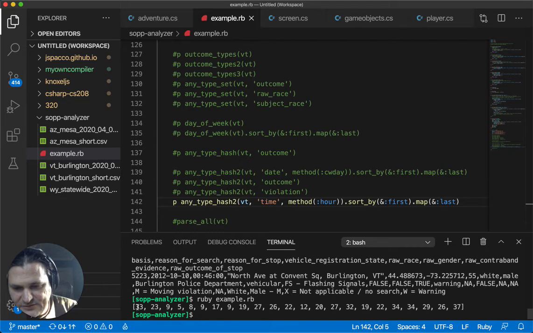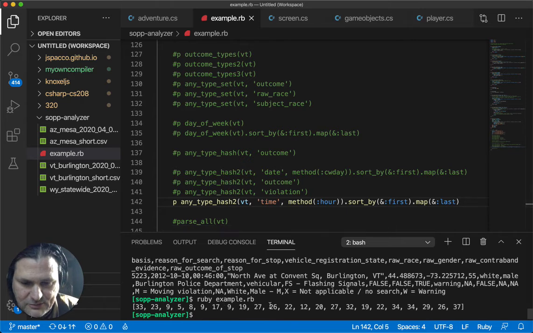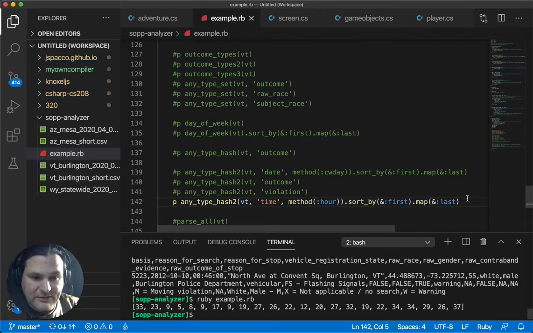So this is midnight to 1 a.m., 1 to 2 a.m., 2 to 3 a.m., blah, blah, blah, and so on. You know, should be 24 of these. And obviously for the small amount of data, you're not going to get super interesting results. For the larger data set, and especially as you look across multiple police departments, you might start to see patterns emerge that are going to be a lot more interesting. Okay, so